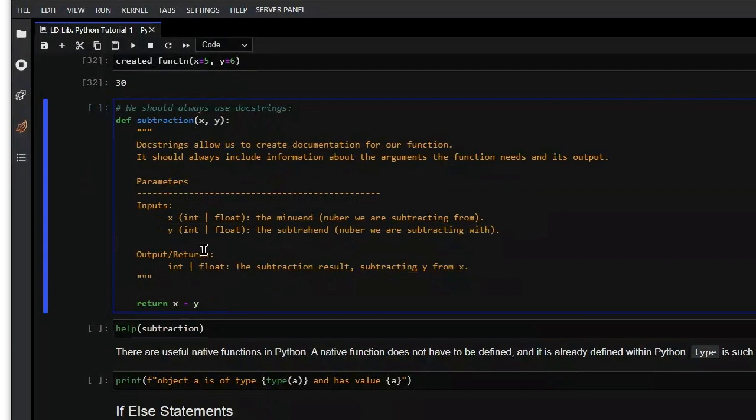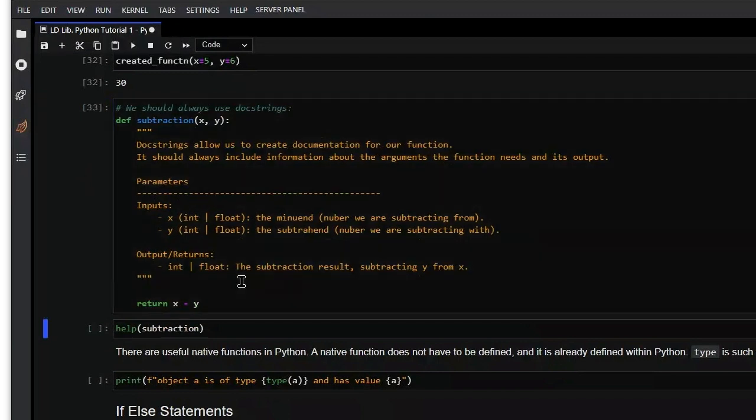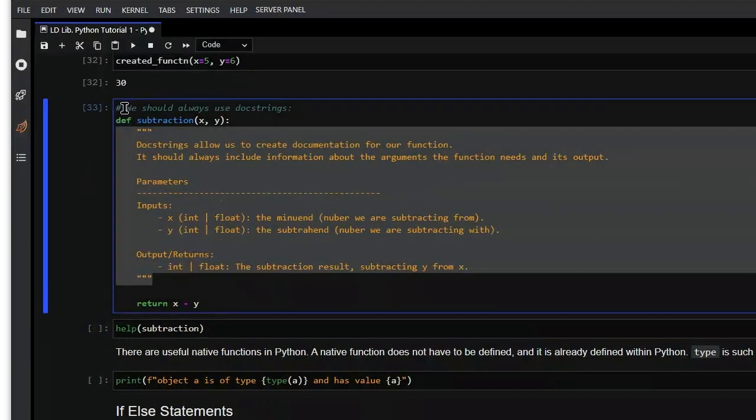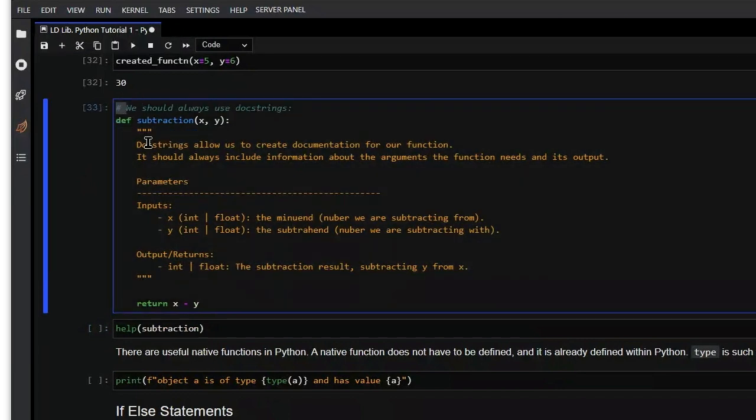What does it return? It returns an integer or a float, and it's going to be the subtraction between the two. This is quite important because it's there for people to understand what your function is doing. Now, if I was to run this, you're going to tell me, what's the difference between those things and what we did before? Why didn't I just put everything in